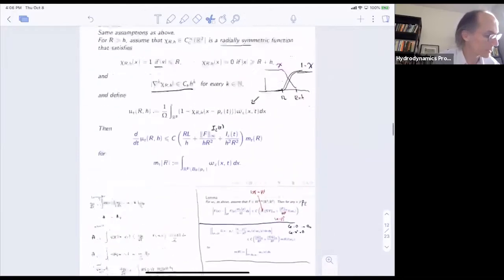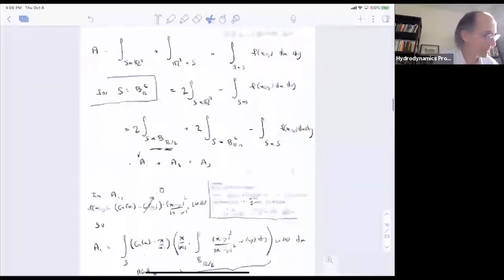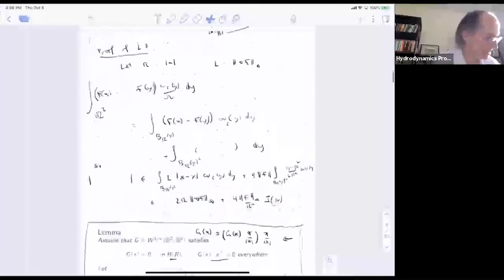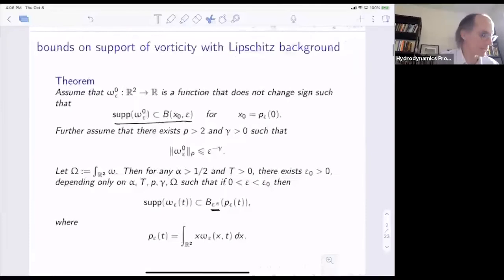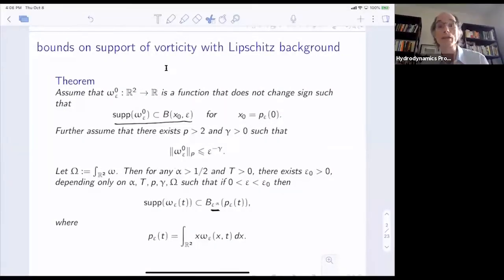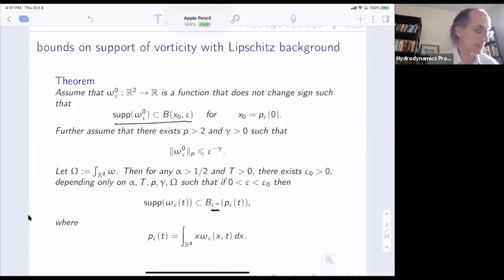Okay, and so we were in the middle of proving this theorem on bounds on the support of vorticity with a Lipschitz continuous background vector field. Okay, and so this is the program. We've done most of this. We'll finish today. And so we proved a bunch of lemmas,